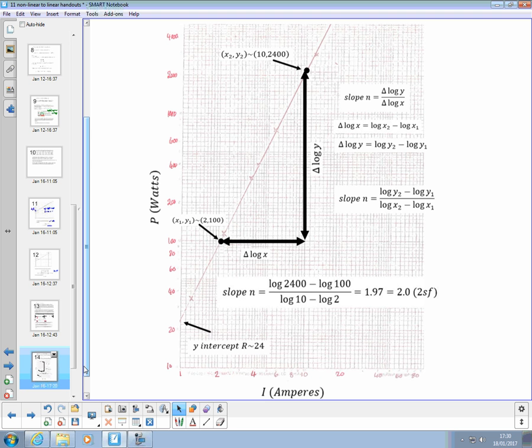I want you to have a go so we can iron out any issues with the drawing on this log graph paper. I've got some graph paper for you. I want you to have a go at that. Okay. Once that is all done, I'll introduce you to the assignment and what you've got to do for that. And then next week we'll have the